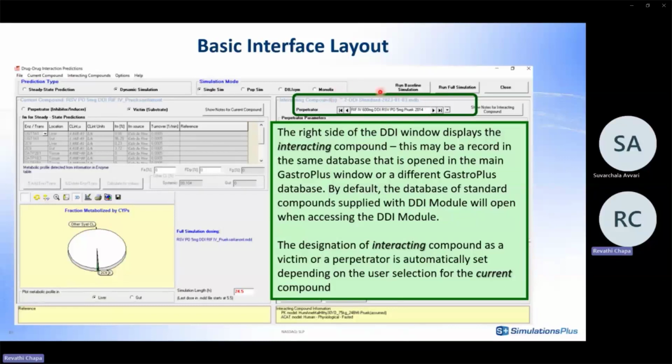So here is just an example where we opened a project we created for rifampicin, where it is rigorously validated with various CYP3A4 substrates, or OATP substrates, BCRP and PGP substrates. So this is a well validated project that we created for rifampicin, and this is one of the drug files where we studied a 2014 paper in which they administered rosuvastatin with rifampicin, and we are seeing how the effect of rifampicin on rosuvastatin, just for a demonstration.